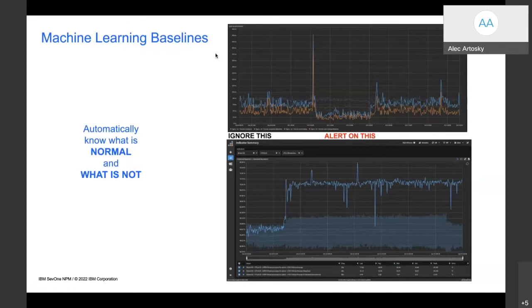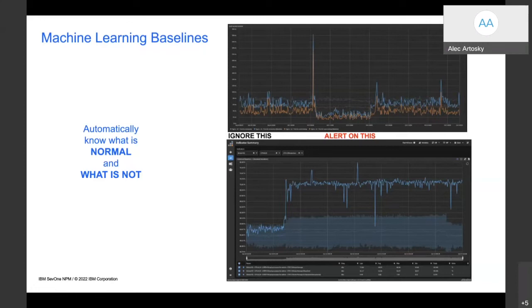In the top example here, we can see that massive spike that is outside of the baseline. That is abnormal. I want to be notified of this. I want to be alerted upon this. The same can be said for the screenshot directly below. You can see the baseline, which is that little dashed line, and the blue shading that corresponds to it. You can build alert policies around what is normal, what is inside the shading.